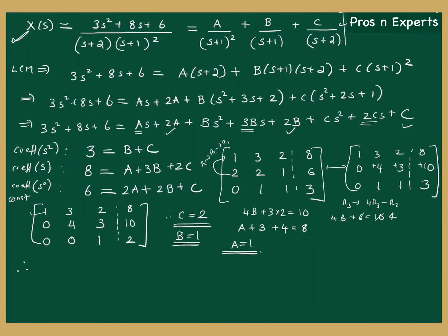Therefore, this equation becomes X of s is equal to A by (s plus 1) the whole square, so 1 by (s plus 1) the whole square, right? Then plus, what is B? B is 1 by s plus 1, plus, what is C? It is 2 into 1 by s plus 2. Okay, so all these are in Laplace transform formats. The only matter for us is to find out the inverse transform. Okay,